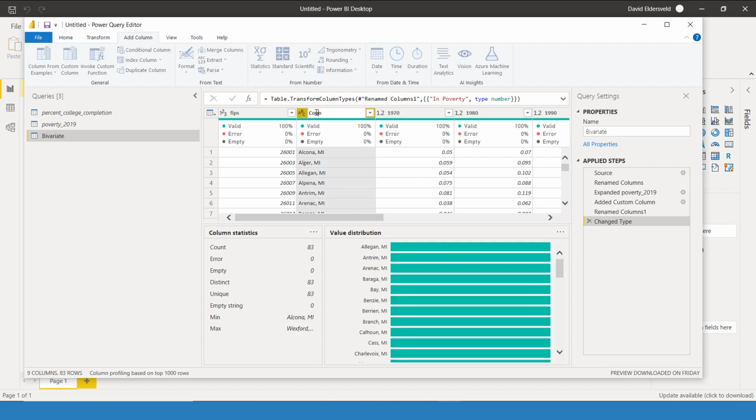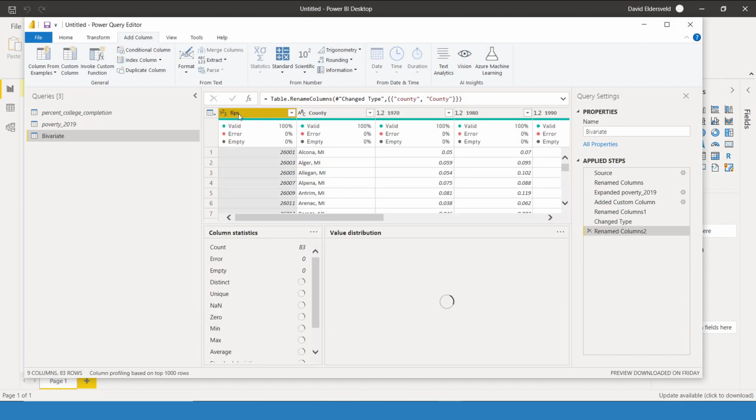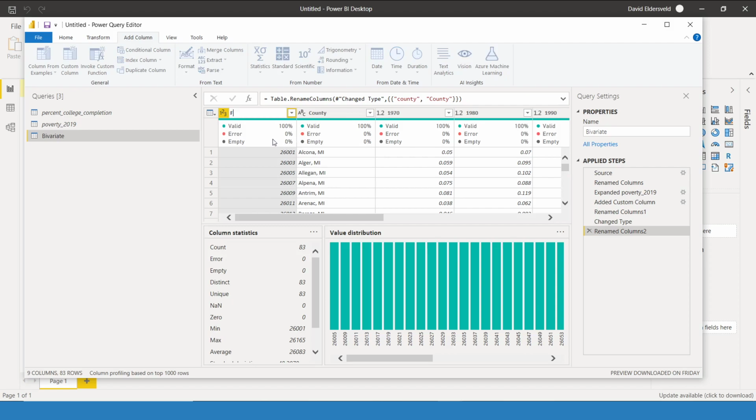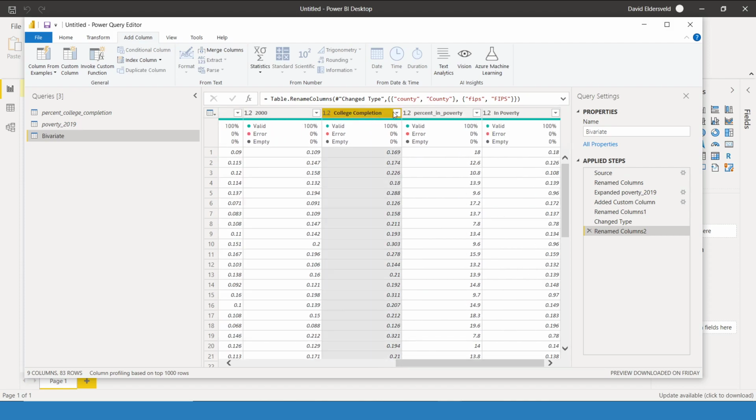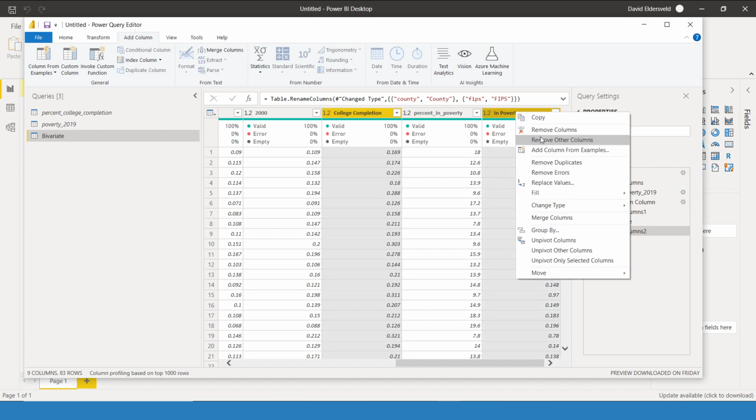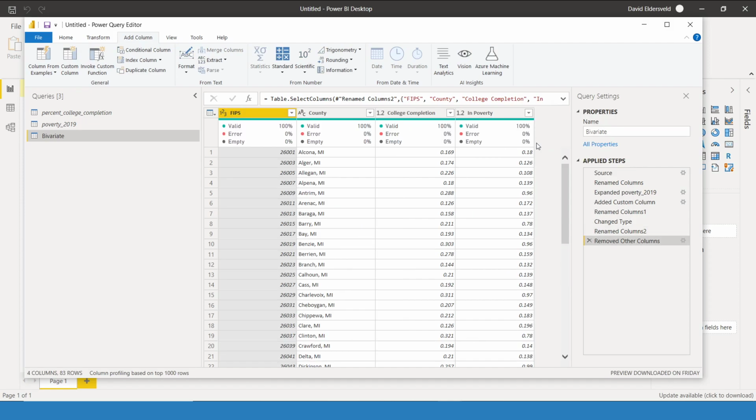I'm going to quickly rename this. And then I did bring FIPS code into my final example, but it wouldn't be required for mapping. But just for consistency with the stuff I have going on with my other example file, I'm going to control click and select these four columns. And then I right click and I choose remove other columns. So that's going to remove all the columns besides those four that I want to load into my final